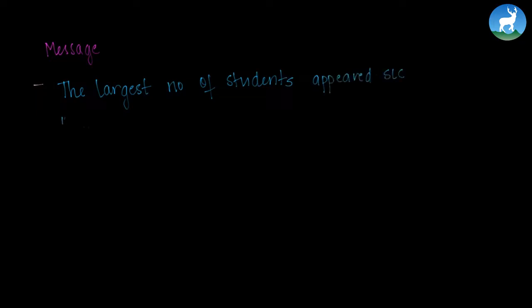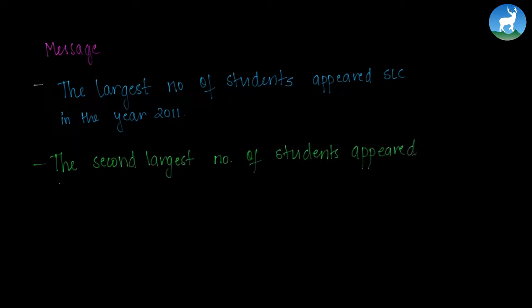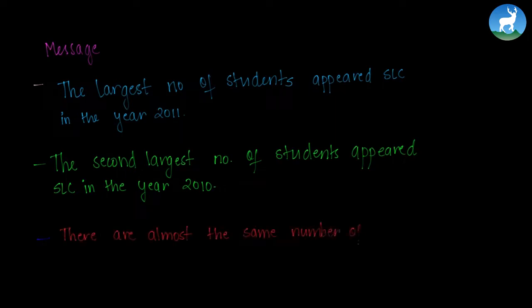So we can see that, so here we are giving a message that the largest number of students appeared SLC in the year 2011. We saw that from the pie chart. So the highest number of students appearing SLC is 33,000. So we are just writing that it's in the year 2011. Then, the second largest number of the students appeared SLC in the year 2010. Continue. There are almost the same number of students appearing SLC in 2009 as that of 2010, which is 25,000,